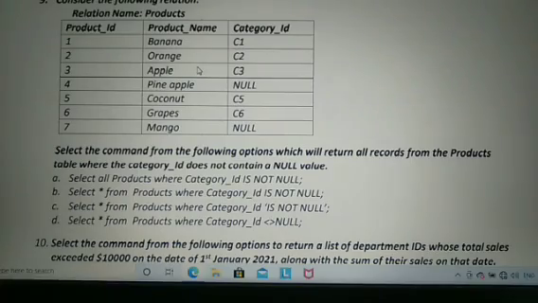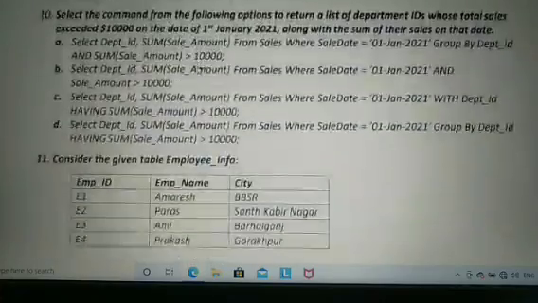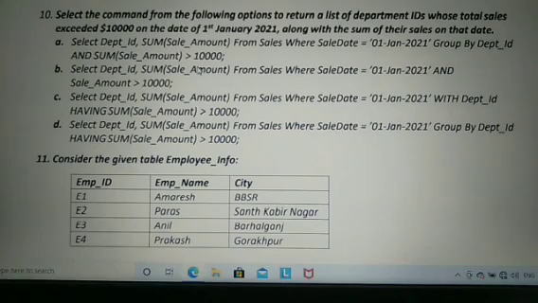Okay, comes to question number 10. Select the command from the following options to return a list of department IDs whose total sales exceeded $10,000 on the date of 1st January 2021 along with the sum of their sales on that date.